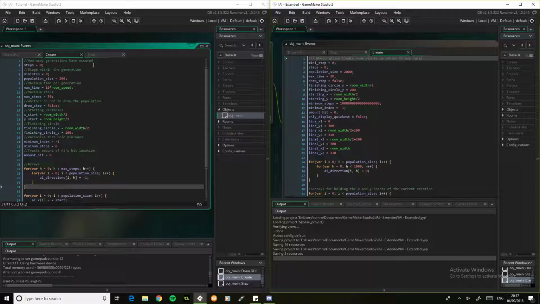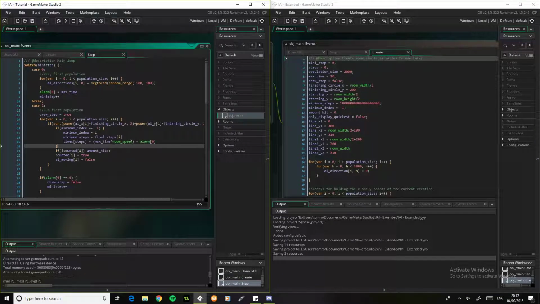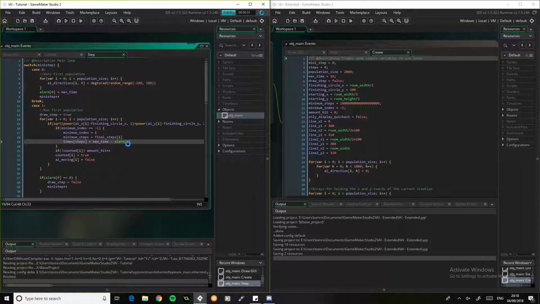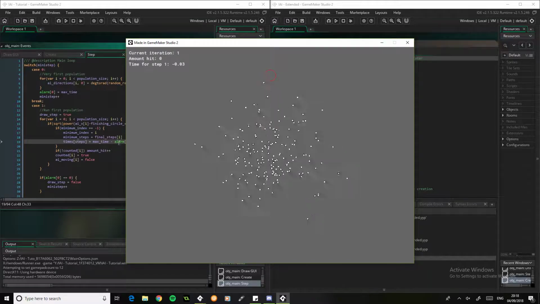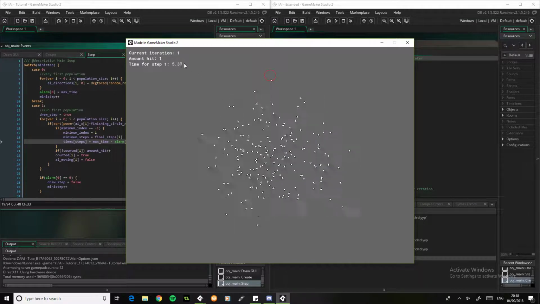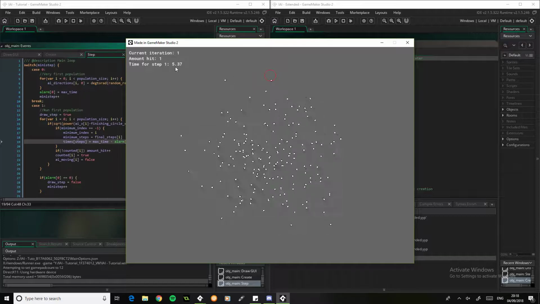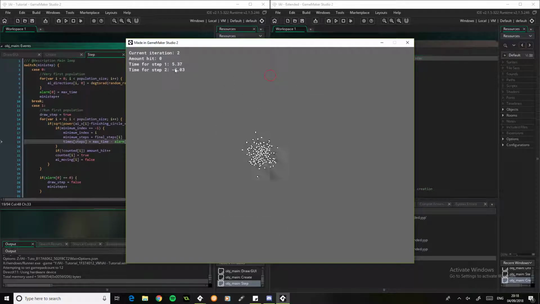So okay, let's go back here and let's not times it by room speed. Yeah, let's do that, because I think what we've done there is we times it by room speed twice, so it's getting some crazy large number and it was minusing the alarm. So there we go, that's better. Okay, so that is done in 5.37 seconds. This is definitely not right though, we need to change this. There we go, 3.93 seconds. I don't know if that's actually right or not, but